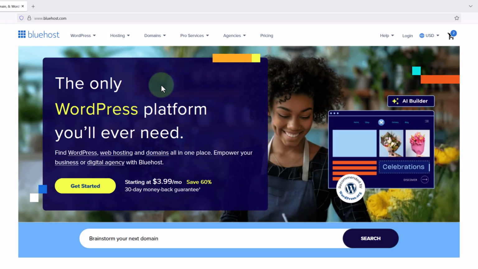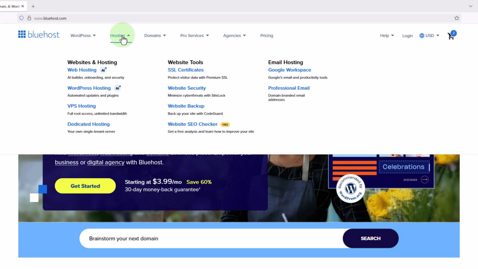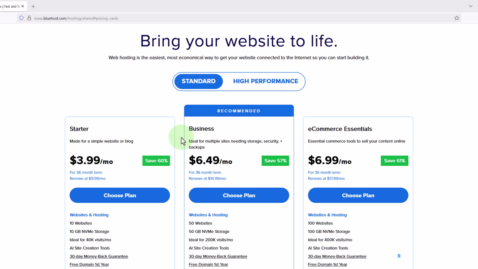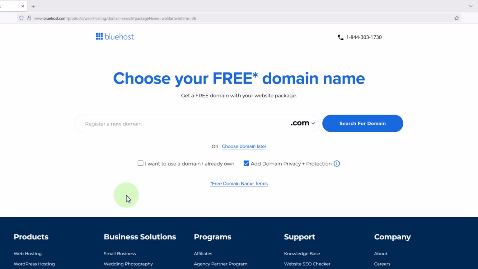Then either way, once we get here, we're going to hover over Hosting at the top and click into Web Hosting. Then if we click View Plans, this will show us the different hosting plans they offer. And we're going to go for the Starter plan, which allows us to have up to 10 websites and up to 40,000 visitors per month, which is more than enough for a basic website. So we just need to click Choose Plan, and now we can register the domain name we want for our